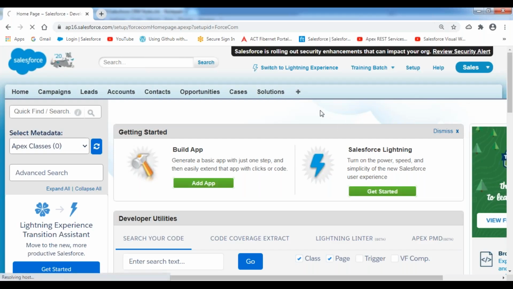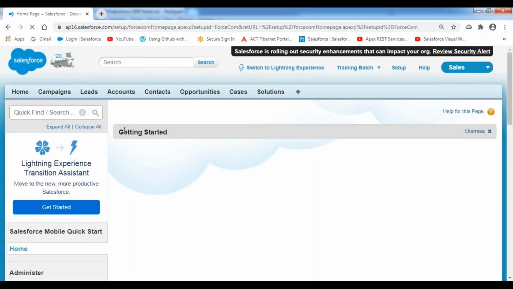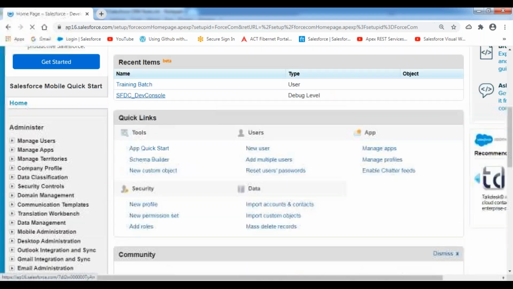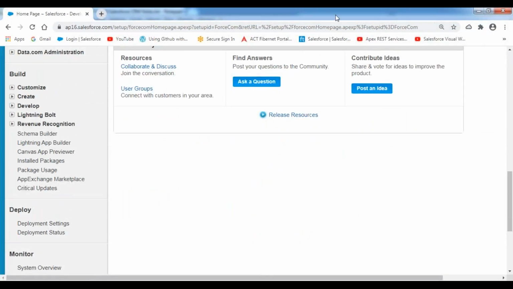Click on setup menu. Go to the build menu in the left panel. Click on create. I want to create